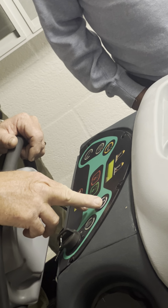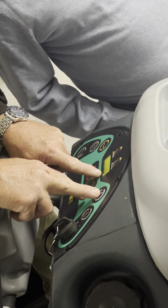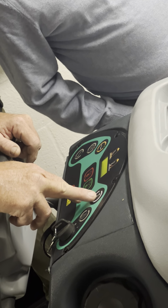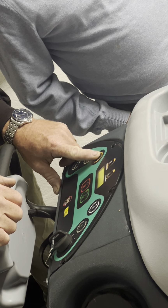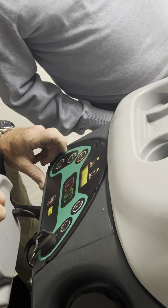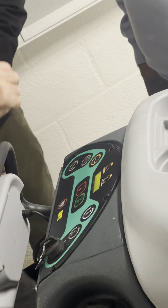I may want to change from low moisture to high moisture, or I can increase or decrease the water, right? And I can switch from hard floor to soft floor here. And I can shut the vacuum off if I wanted to double scrub, right? Now, I'm going to use my glasses